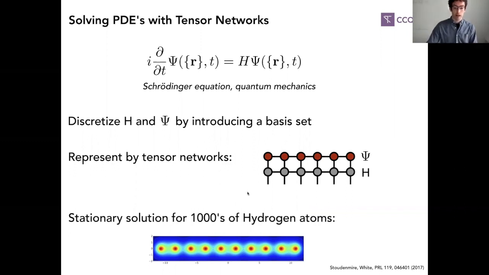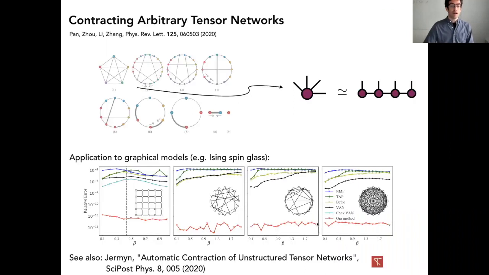There's other ways too. And by using this technique, results have been obtained, like for example, the low temperature solution, the stationary lowest energy state called the ground state of thousands of real three-dimensional hydrogen atoms to extreme accuracy. So this is just one example you can do with this technology. Now, again, switching gears totally, another very different thing you can do with tensor networks is you can set up things like graphical models, in some sense literally graphical models or other tensor networks. And you can pose the problem of I have a bunch of tensors that I want to all contract together, and when I'm done contracting them, I get a scalar.